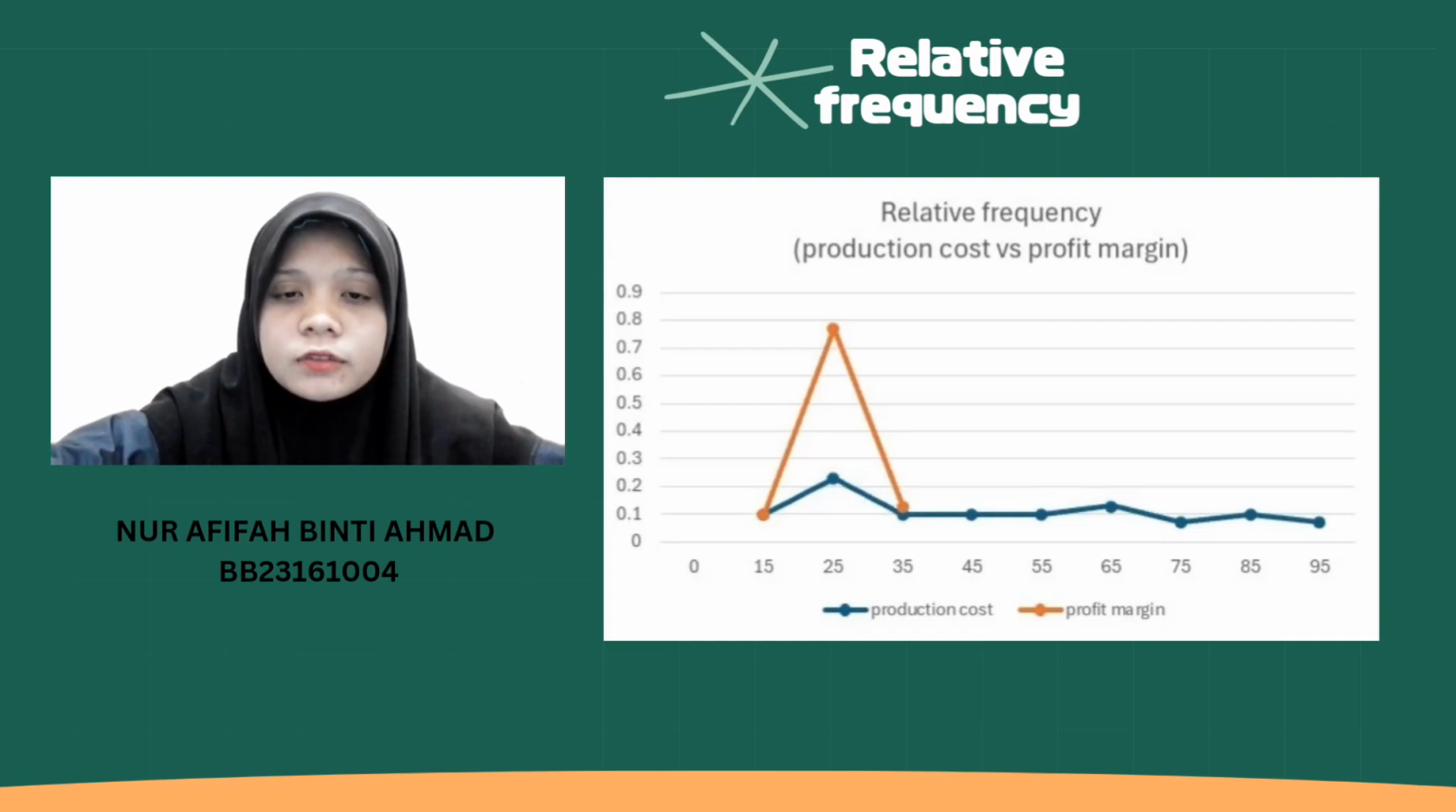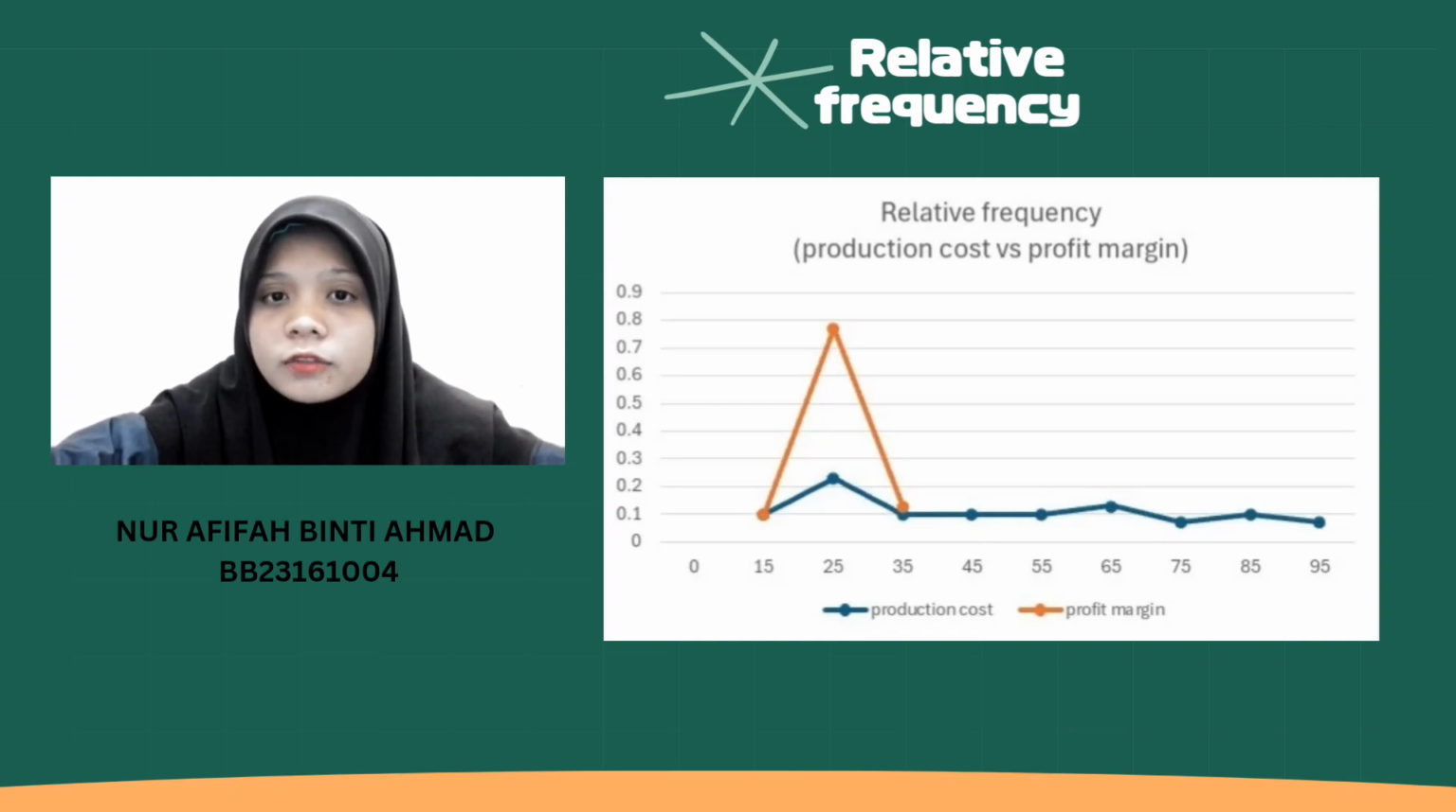Instances of relative frequency graph are useful for specific intervals with high or low frequency. For example, it highlights that forward margin is concentrated in a single range. And lastly, the higher value for production cost is from class 25, which is 0.23, and the lower value is from class 75 and 95, which is 0.07,